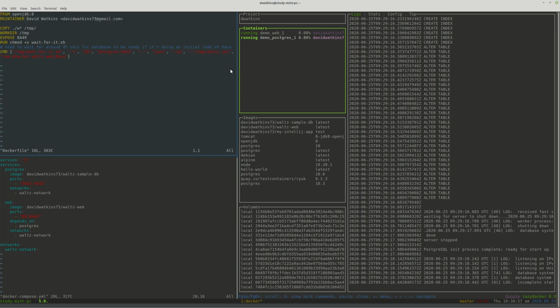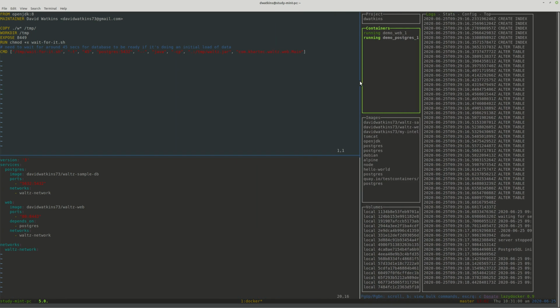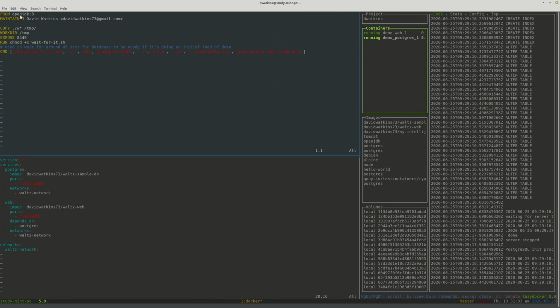You can see in this one, so that's a bit more space. Standard bit on OpenJDK8, copying a bunch of files, which are basically the property files, with this wait-for-it script, and the Waltz properties, which happen to begin with W, into a temp directory. Set the work directory, make port 8443, which is the default port, available, and run chmod to make this wait-for-it script executable, and then we run this script and tell it to wait for the database to